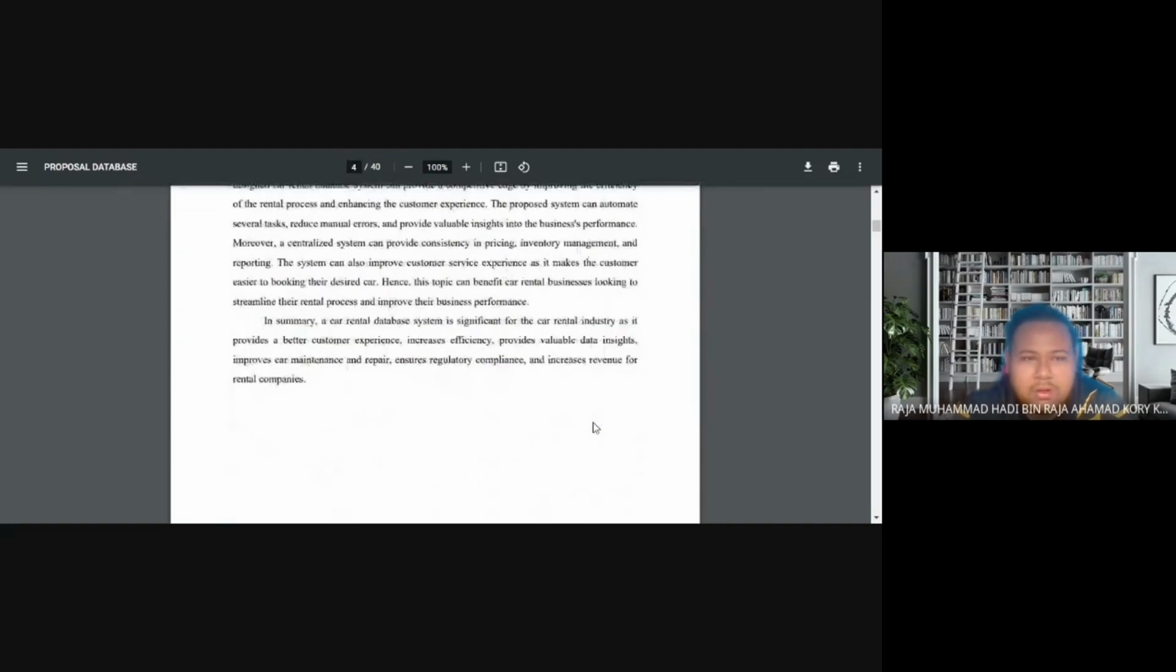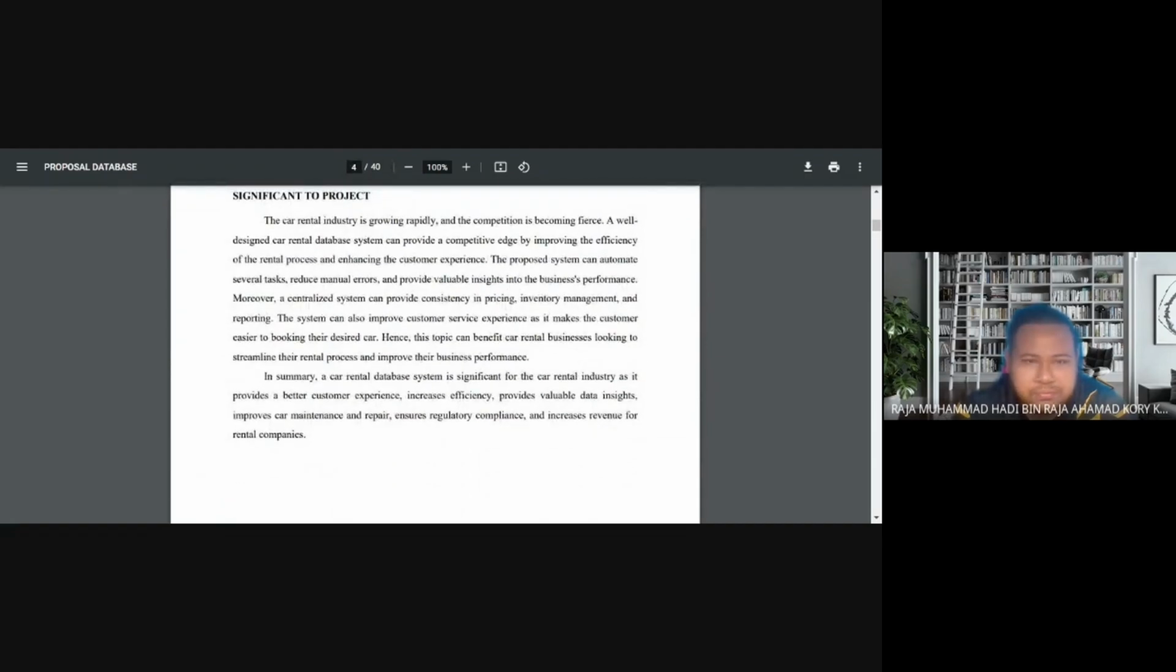Lastly, let's talk about the significance of our project. The car rental industry is growing rapidly, and a well-designed car rental database system can provide a competitive edge. Our proposed system can streamline the car rental process, reduce error, provide valuable business insight, ensure regulatory compliance, improve car maintenance, and enhance the overall customer experience. By centralizing pricing, inventory management, and reporting, our system can help rental company increase their revenue and remain competitive in